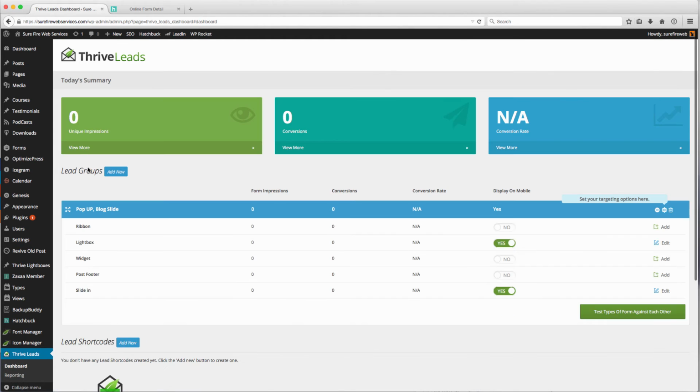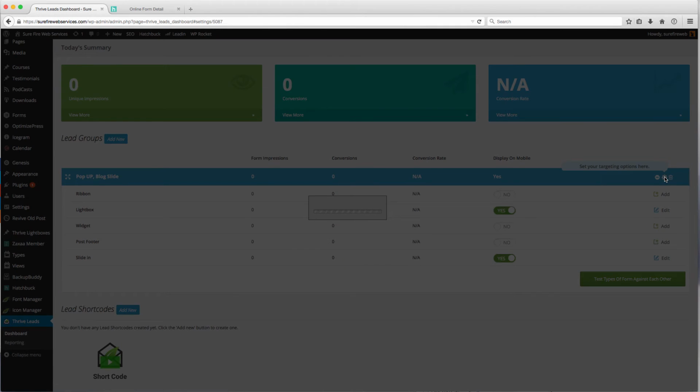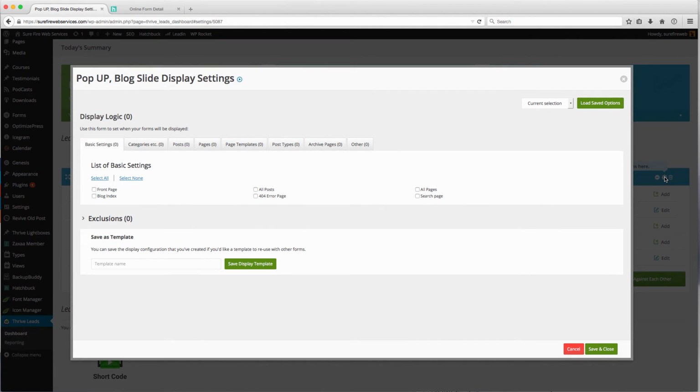So let's go back to the dashboard. Test types of forms against each other. So you could do A/B testing. Let's actually get this to work. I'm going to click on display settings. Is that the one I want? Yes. Now, this is going to say, okay, where do you want the pop-up and the blog